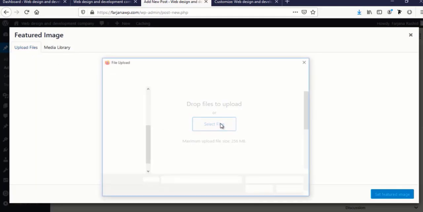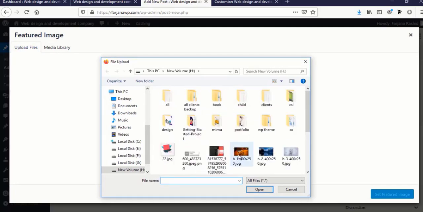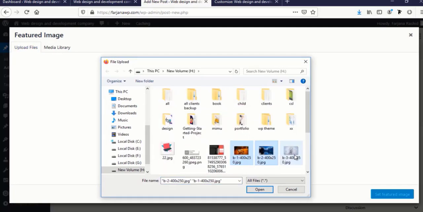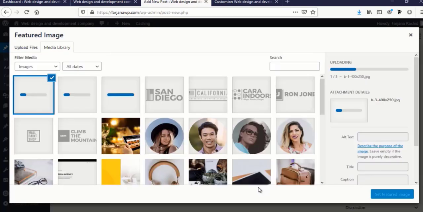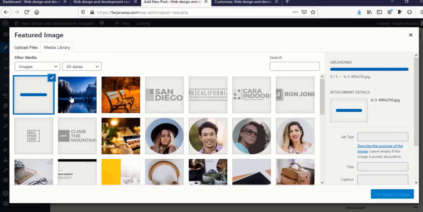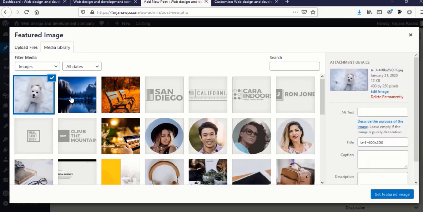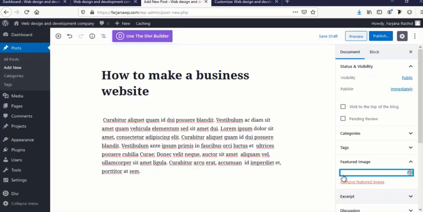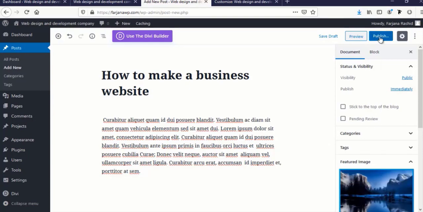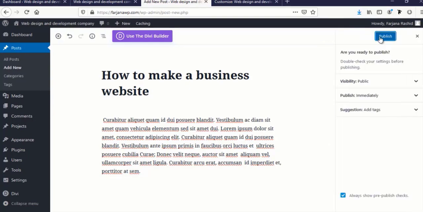I'm going to upload some image. Here, some dummy image I'm uploading. Just adding here, publish it,